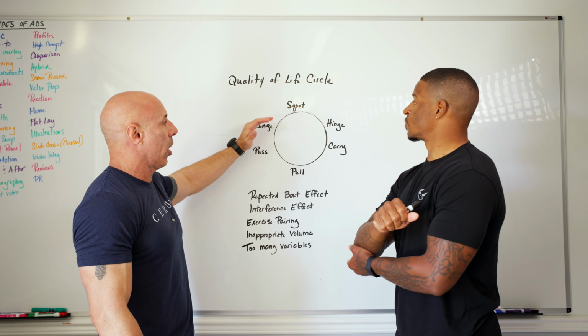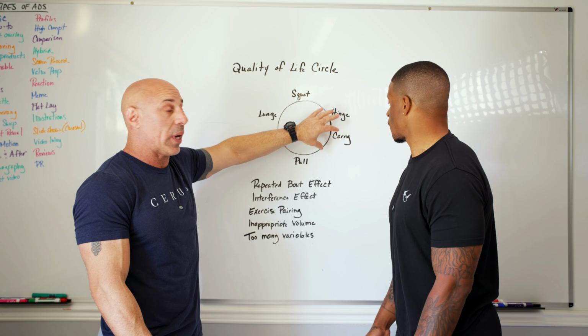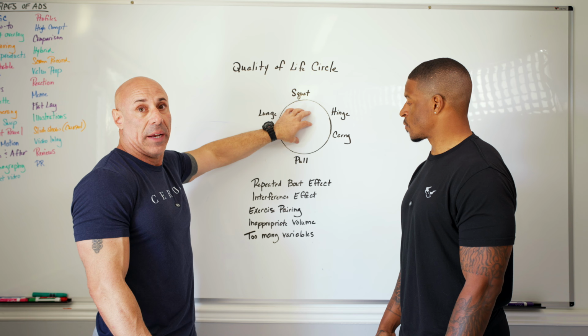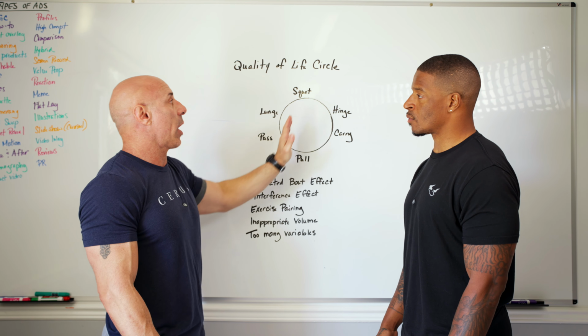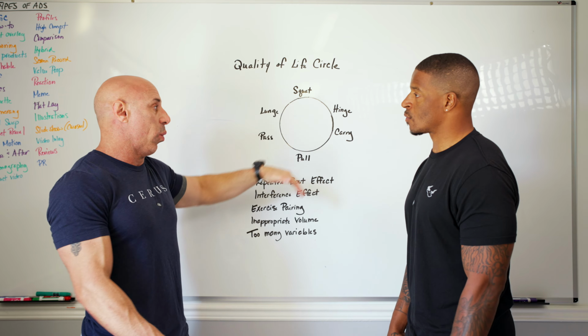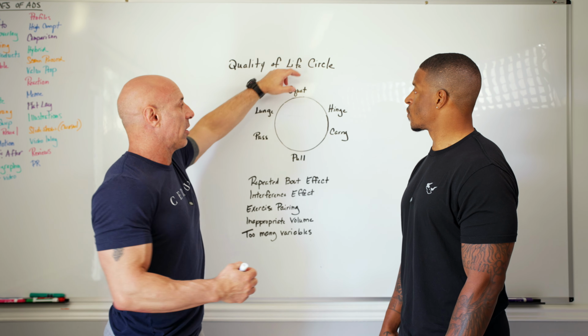Now, the squat and the lunge are related because the lunge is basically a one-legged squat, and the hinge and the carry are related. But all these movements are components that help your quality of life. If you're missing one of them, that's where you pay the most attention to try to get it as far ahead as you can. Then we get into other movements. And just like Dom said, you can either regress them or progress them, but you're always trying to make the circle bigger.